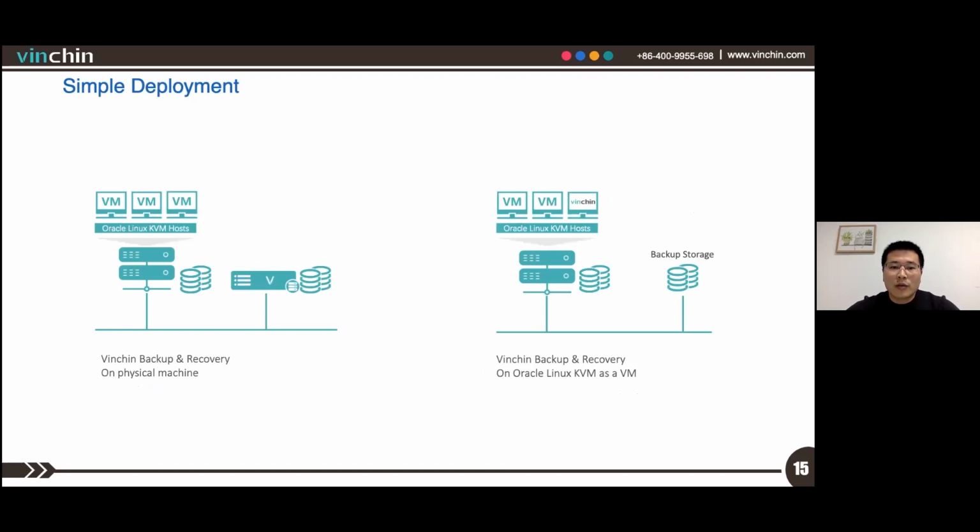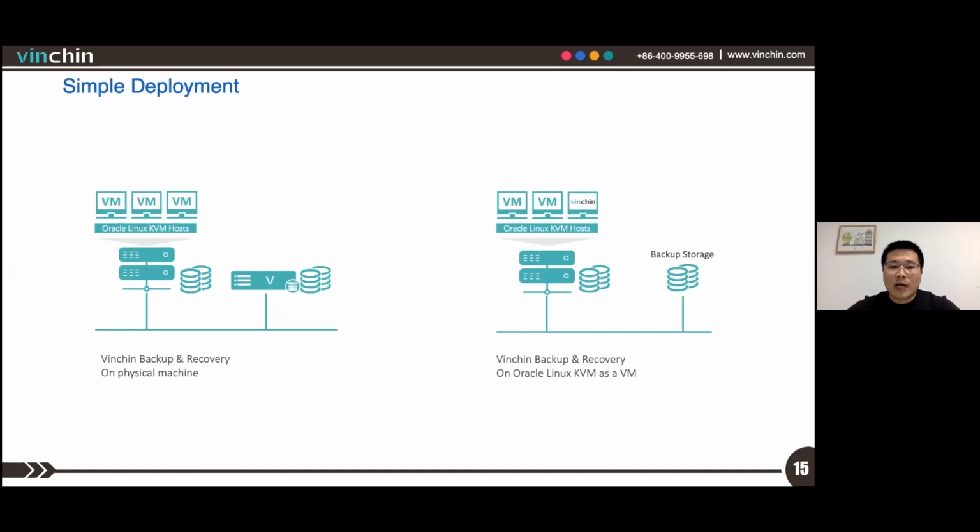So here are two examples of sample deployment scenarios for backing up smaller Oracle Linux virtualization environments through LAN. Vinchin Backup and Recovery can be either installed on a physical machine or installed as a virtual machine on an Oracle Linux KVM host.